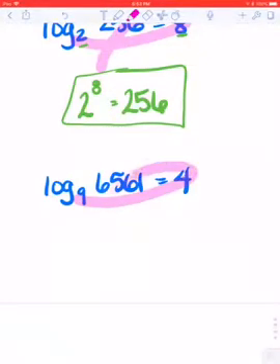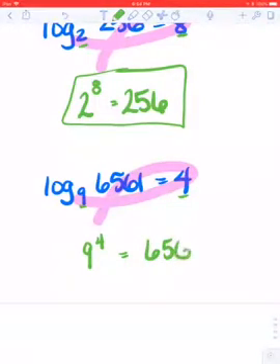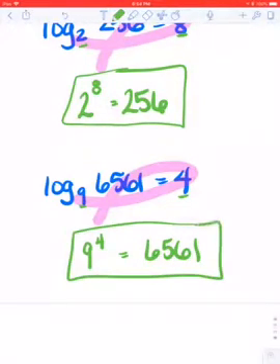The next one, there's that cursive L again that's kind of sideways. First number I touch is 9, so that's going to be my base. 4 is the next number, that's my exponent. And 6561 goes